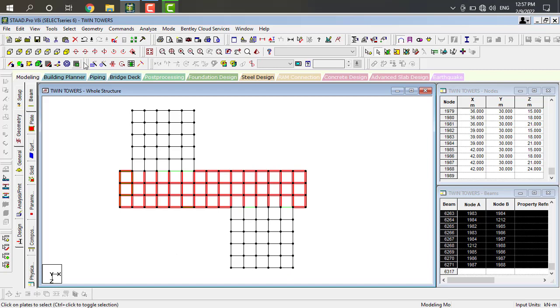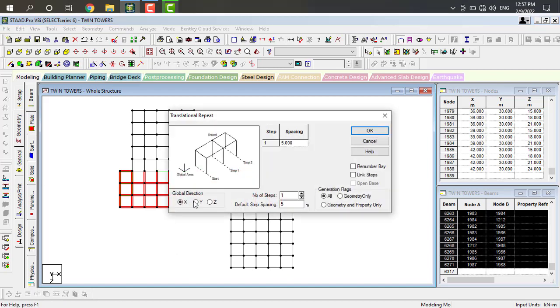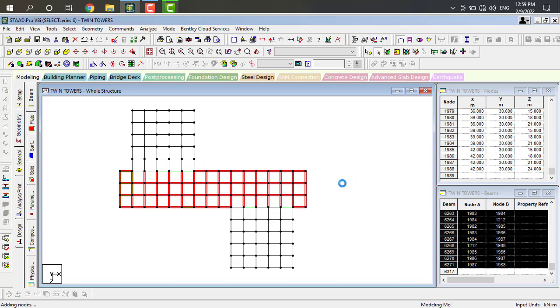Now we have to use translation repeat. It is in the Y direction. Give the steps as 3, and here the step spacing is also 3. Click on link steps option. Click on OK.